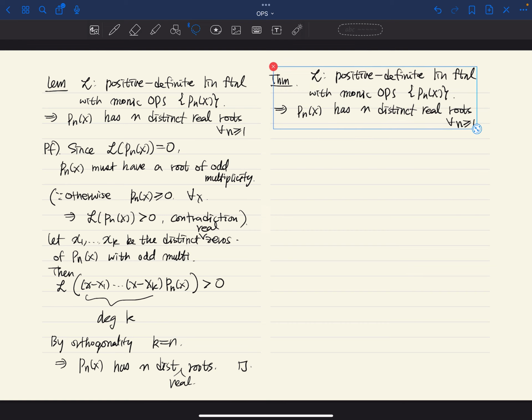I want to say, if, because this has distinct real roots. Okay, distinct real roots. Let's say x_{n,n}, I'm going to write it this way, x_{n,n-1}. I'm going to order them according to their size. Sorry, it's x_{n,1}. Distinct real roots and such that